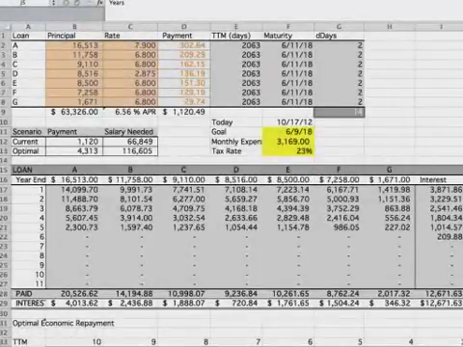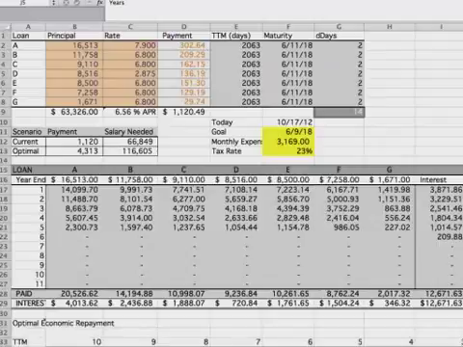Hello, I'm Matthew Nelson and welcome to my demonstration on how to optimize a repayment schedule for multiple loans with different interest rates, different principals, and different times to maturity. We'll be using Microsoft Excel 2011, I believe, for the Mac, as well as a Java extension called Solver. So a very common situation is having many loans that are unconsolidated, and you want to have